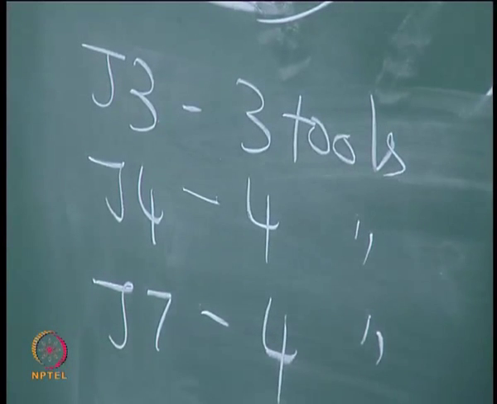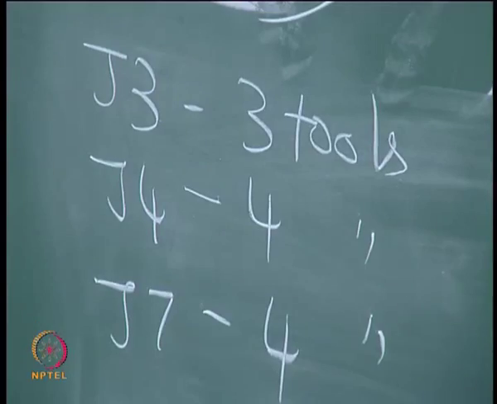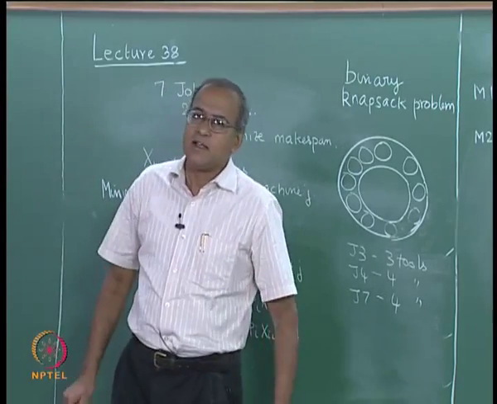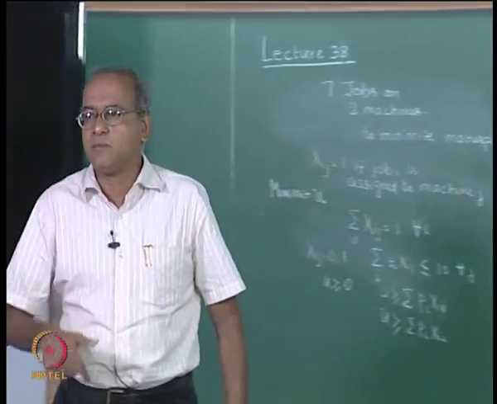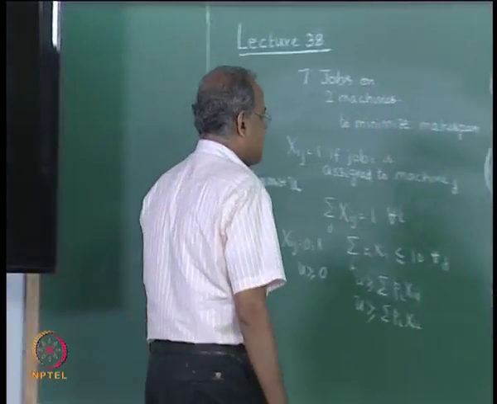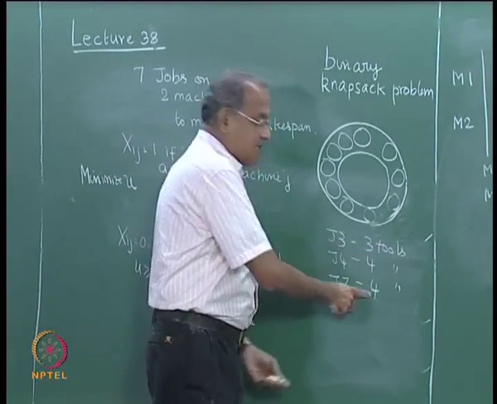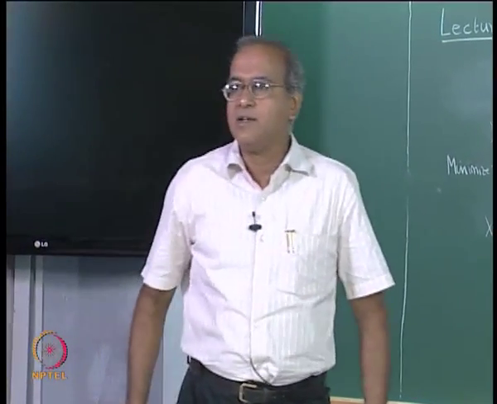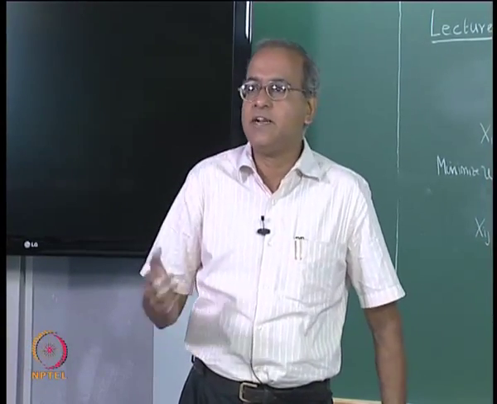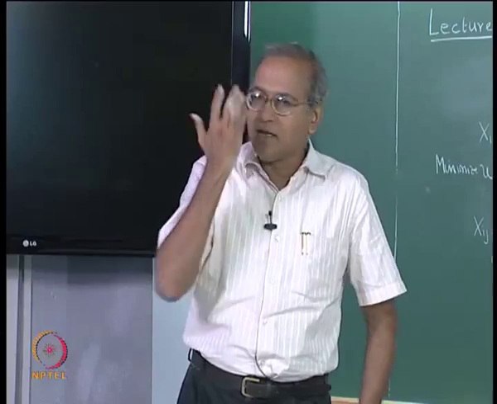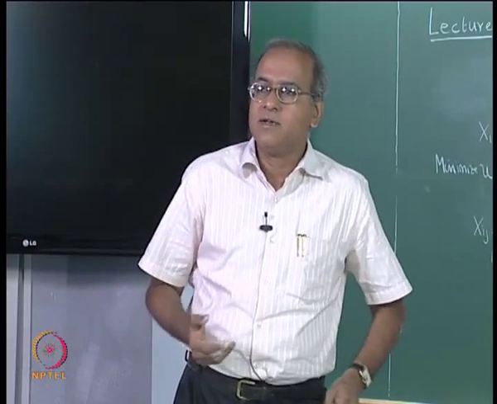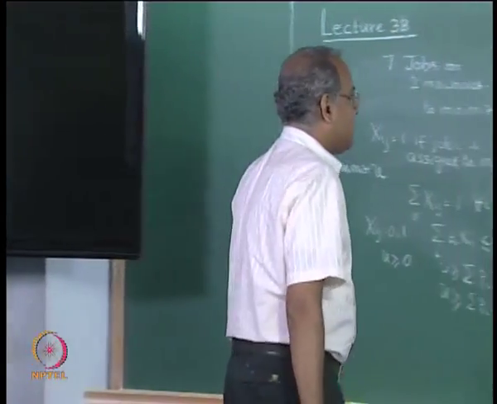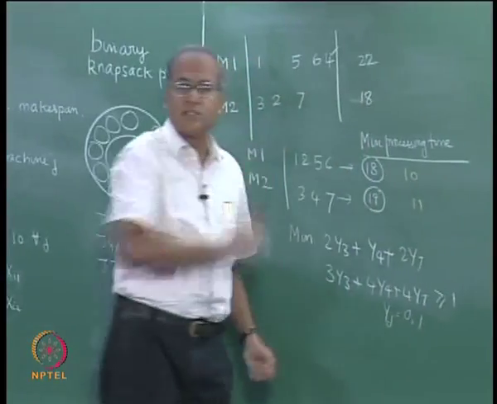Now, can we have a situation where, right now when we say a total of 11 tool slots are required, we are going to assume that none of these tools are common. Now, suppose these 3 tools and these 4 tools have one tool in common, then we actually do not need 11 tool slots, we need only 10 tool slots. So understanding the common tools and bringing them in can not only save the tools and tool slots, but it can give us a solution with 19 instead of a solution with 22.